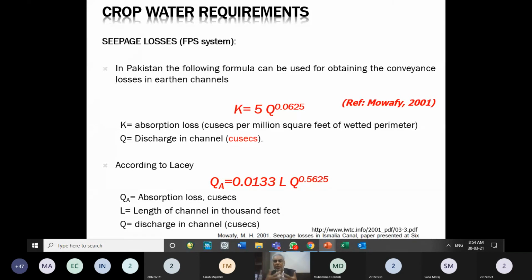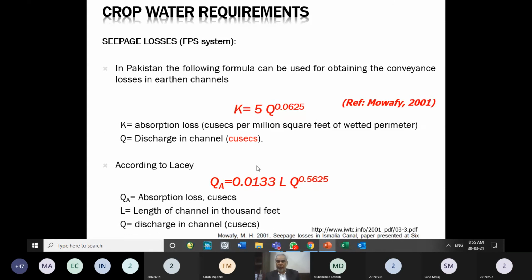So if it is a million square feet of the wetted perimeter, then this will be the K per million square feet of the wetted perimeter. Q is the discharge of the canal. So a canal, if it has 500 cubic of the discharge, its power 0.06 multiplied by 5 will give you absorption losses per million square feet of the wetted perimeter. So depending upon how much is your million square feet of the wetted perimeter, you can calculate the total losses